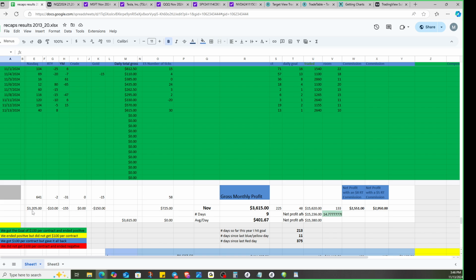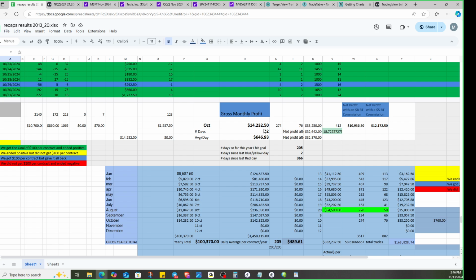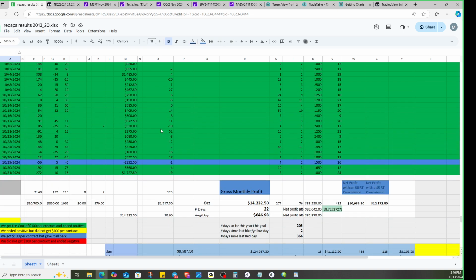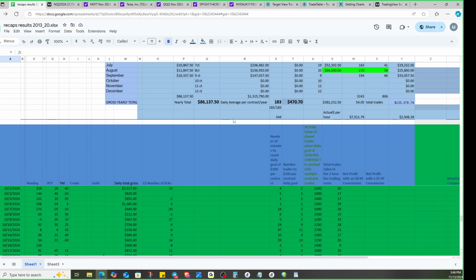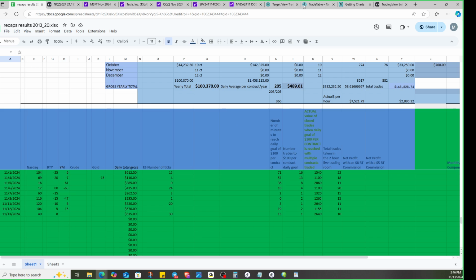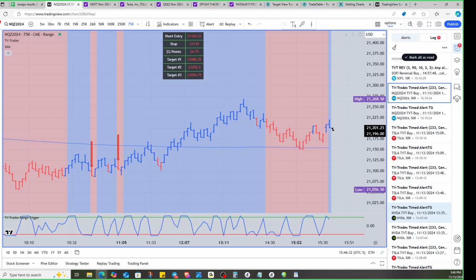So far this month, the NQ, I'm up $3,200 with one contract. Out of 3,600, I'm up 3,200 on the NQ. Last month, out of 14,000, I was up 10,000 on the NQ, and the rest of it was spread out. That's with one contract. The month before, I was up 13 on the NQ. So the NQ gives the most opportunity, but when you're talking about futures,